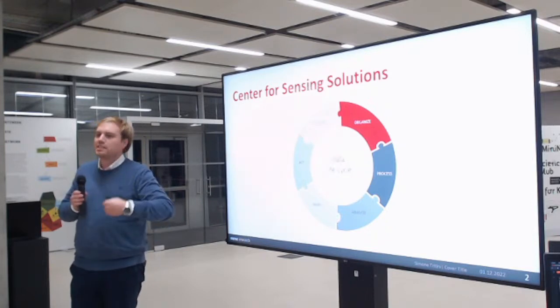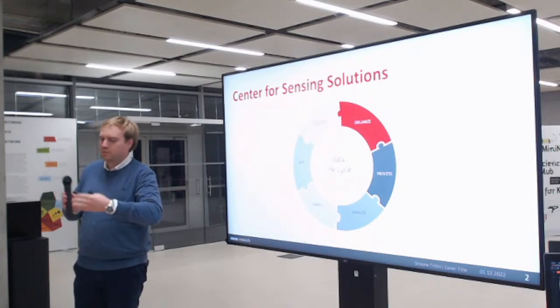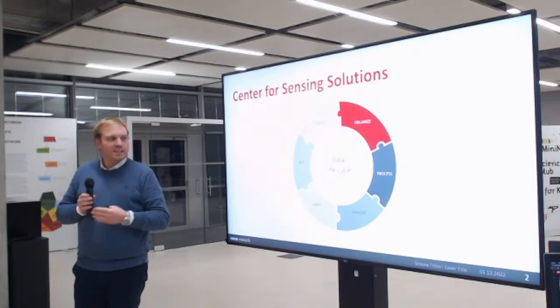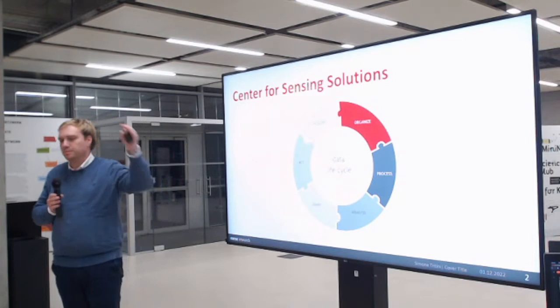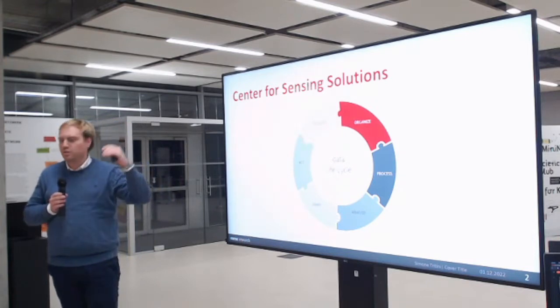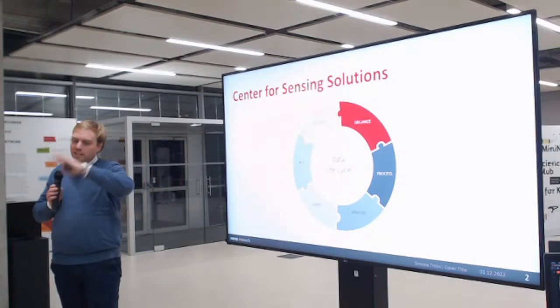So the result is the output. The output is that the field is too dry, and the input is to start irrigation, and then maybe start another acquisition of the data. So this is more or less